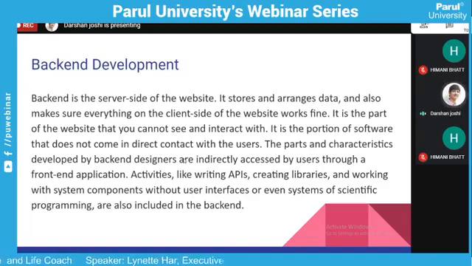Activities like writing APIs, creating libraries, and working with system components without user interfaces are also included in the back end. So basically, the back end is a part which is not visible to the users. The front end only talks to the back end.